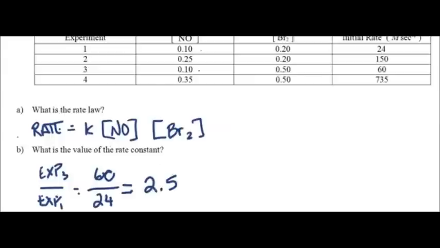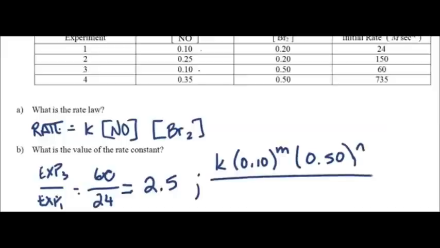Alright, so let's find out what the order of one of these happens to be. We go ahead and plug in the data from experiment 3. So again, K, and the concentration for the nitrite in experiment 3 is 0.1, and we don't know what the order is yet, so we'll determine that. And for the bromine, it's 0.5, and we don't know what that is either, all over